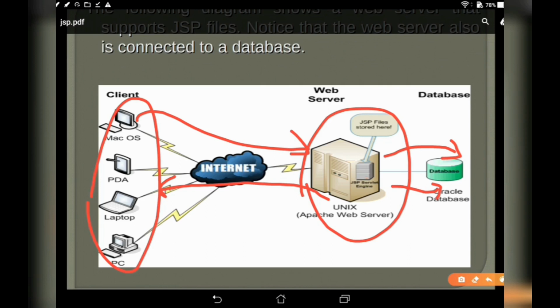So this is the basic idea of client-server technology.